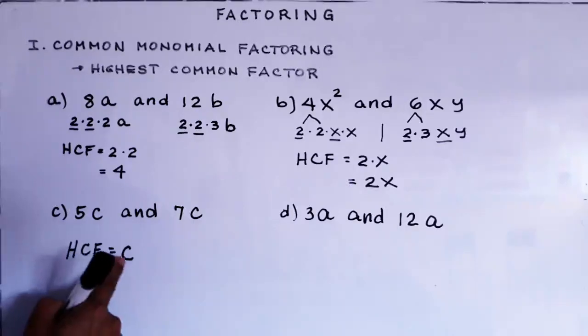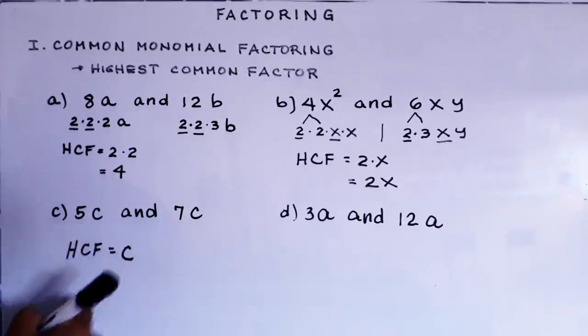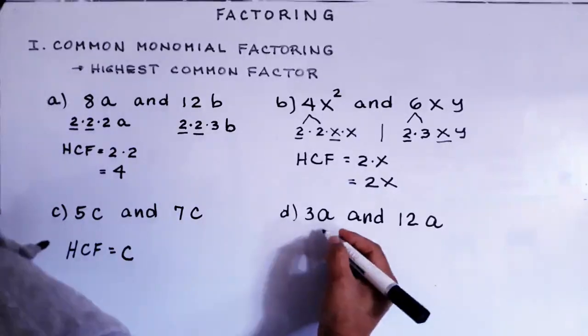Highest common factor is C only. There is no number there. Or 1 if you want. Alright, letter D. We have